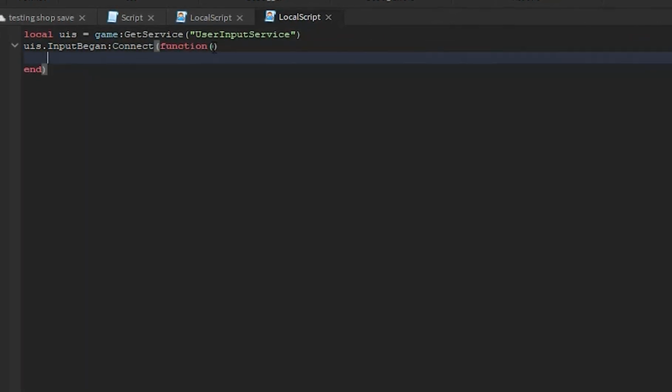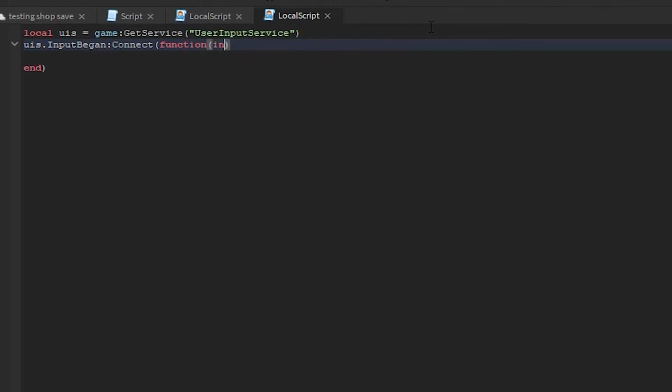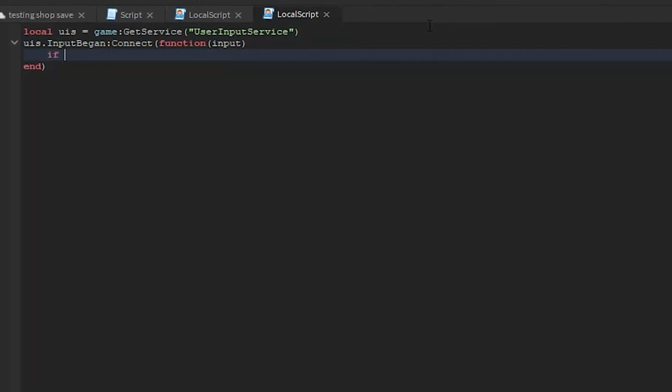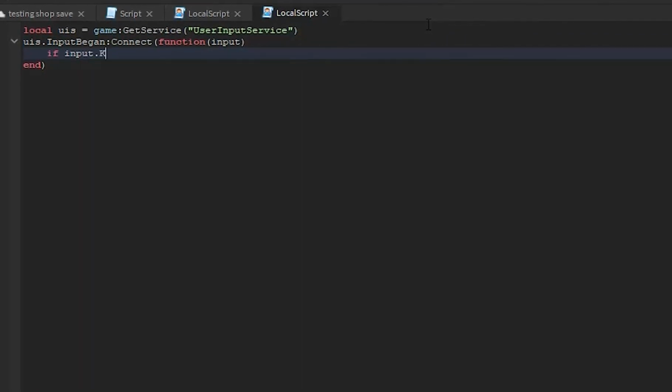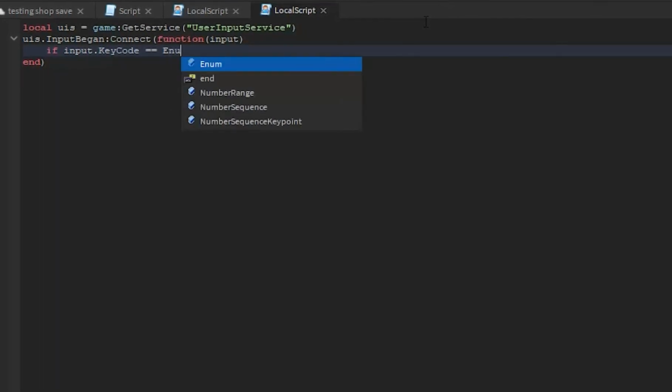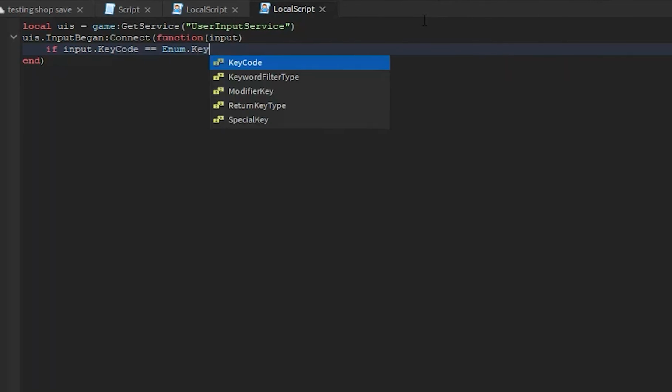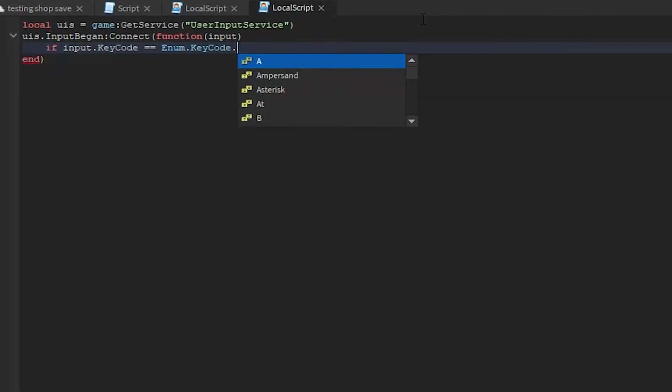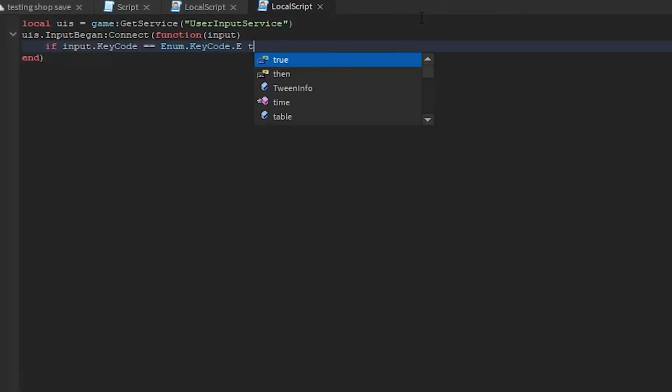In the parameters I'm gonna say input. If input dot key code equals enum dot key code dot, and now I'm gonna say E, then